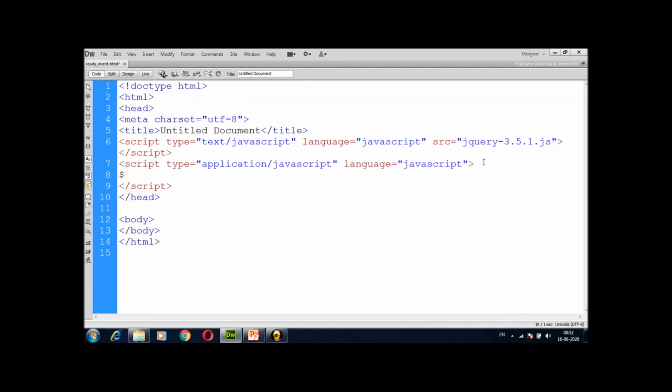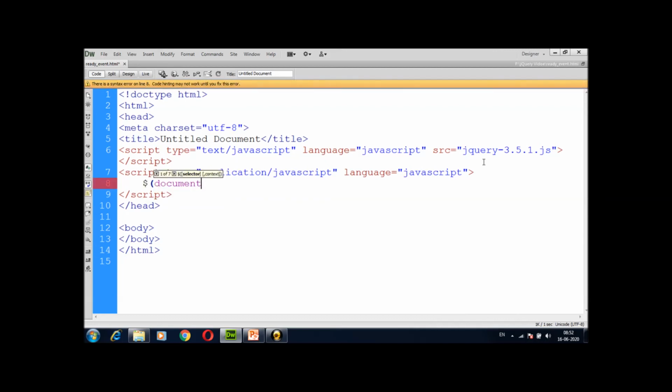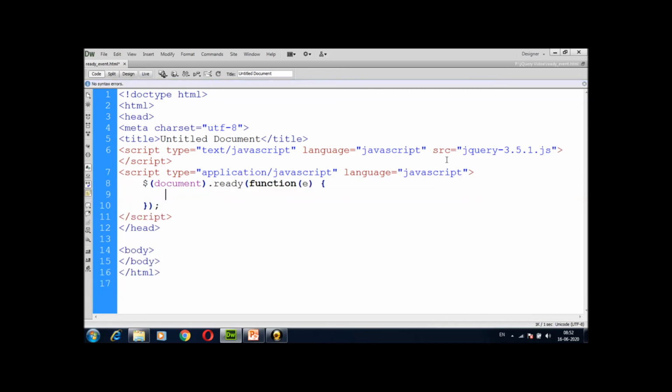Now I am going to mention dollar, then document dot ready. Inside this function there is an e for event handling. So if I remove this e, it will work. No need to write e; it is a default word defined inside the function argument.